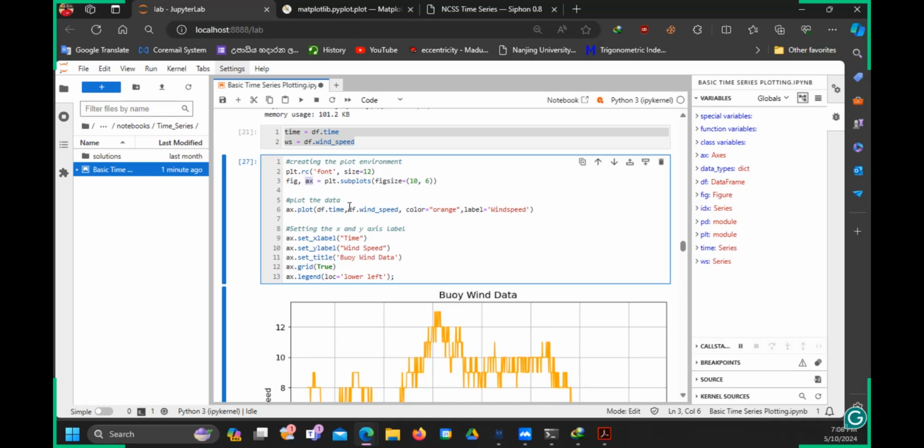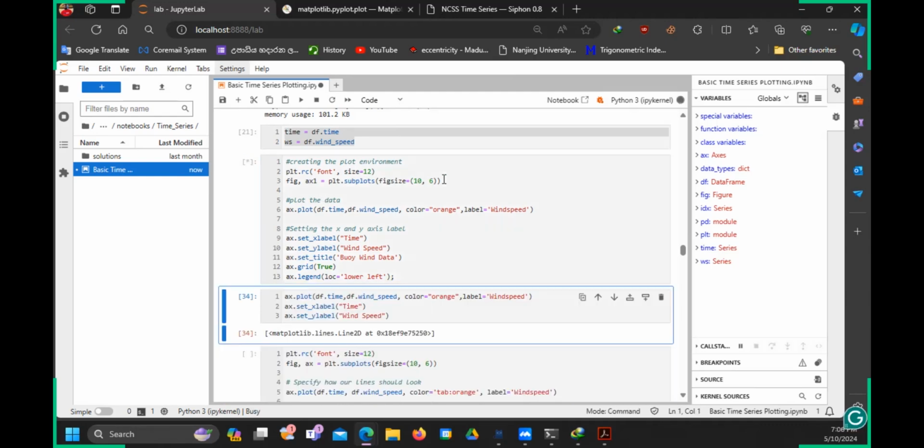Otherwise, you cannot use the same name, like if you have a data set named data, you imported some data into a data frame or something. You cannot use this same name for the plot also because it will become confused. So you have to give a different name. So if you give your chart name in here as ax1, then what will happen? If I type it like this and if I try to execute this one,